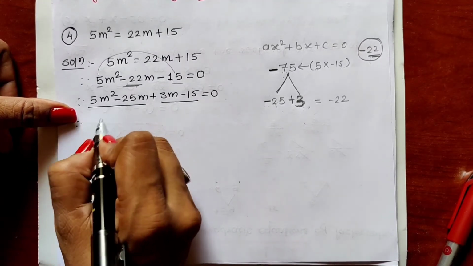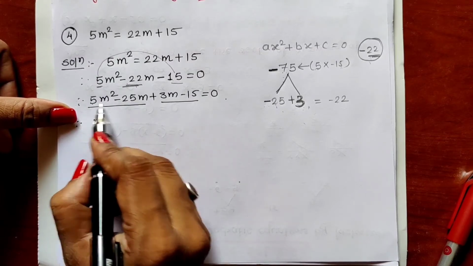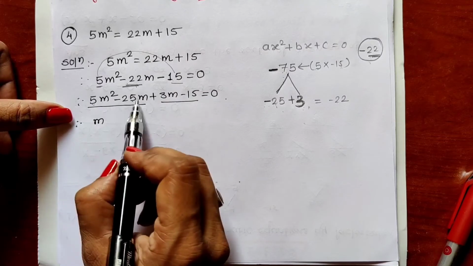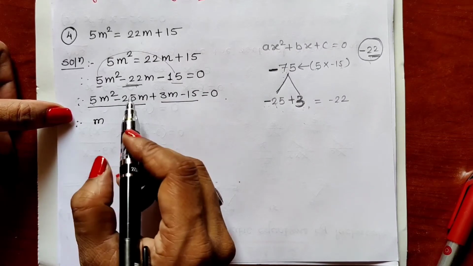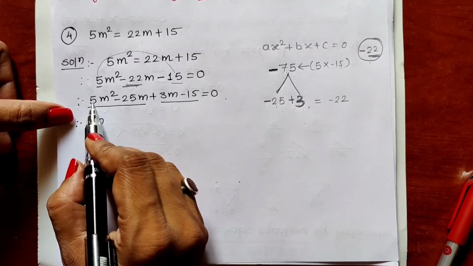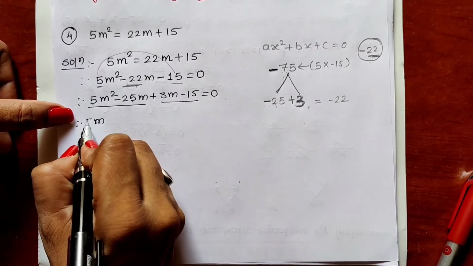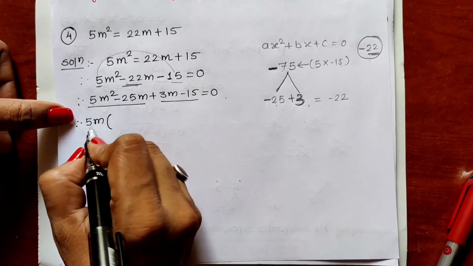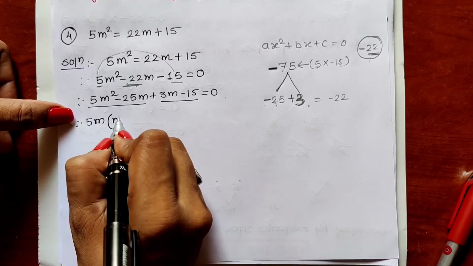So in the first and second term, m is common as well as 5 is common, because 5 is divisible by 5 also, and we can divide 25 also by 5. Smaller number, we can divide the bigger number by the smaller number, and that's why that smaller number can be taken out common. So 5m is the common. From 5m square, 5m is taken out common, 1m is remaining.